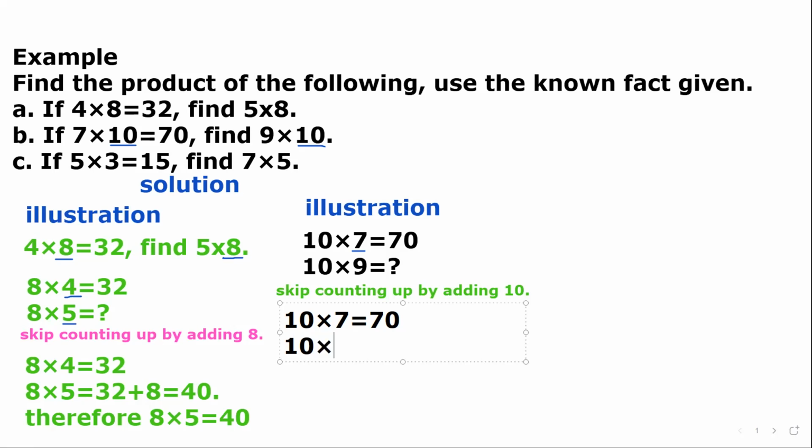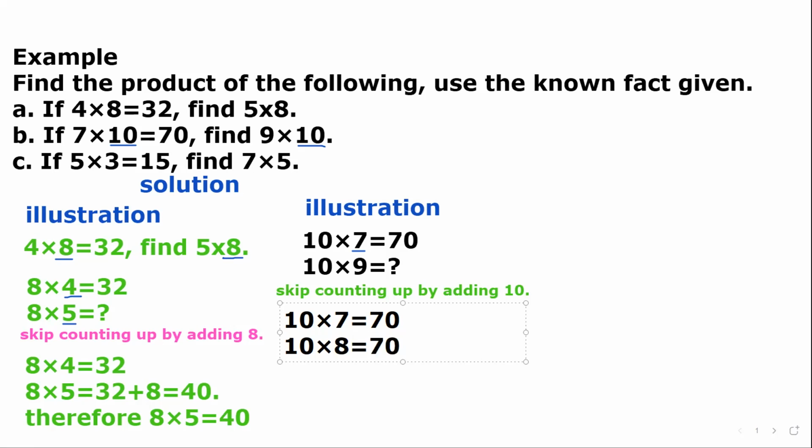Then you think about the number. When you move from the 7, the immediate number from the 7 is 8. You're supposed to find 10 times 9, but you reach 8 before 9. So you can't ignore the 8 and bypass to get 9. So you must also find the product of 10 times 8 before 10 times 9. So here the answer will be the 70